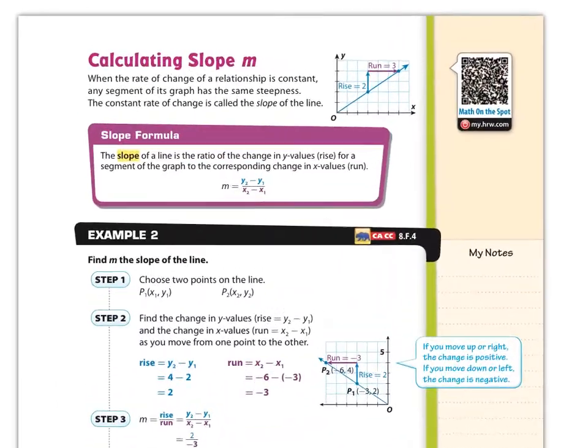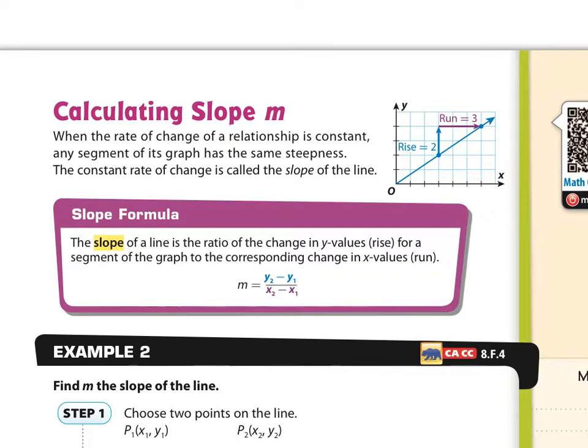On the top of the next page, you'll see the slope formula, and this is the same thing that we've been doing, which is looking at the change in y divided by the change in x. This formula actually gives us a more formal way to find slope by just plugging in these numbers. Okay, and then if you look at the graph that's up here, this tells you how to do rise and run, and then find your slope that way. So as you can see in the graph, if the rise is 2 and the run is 3, the slope, let me erase that. The slope would actually be,